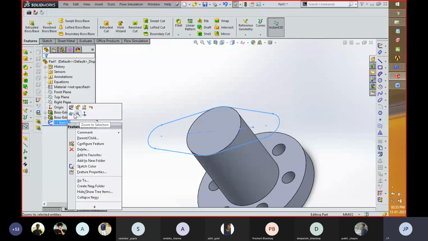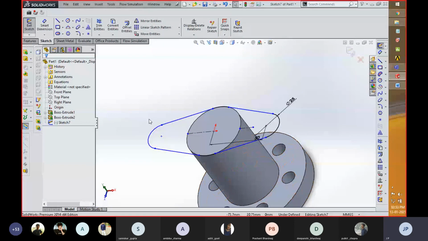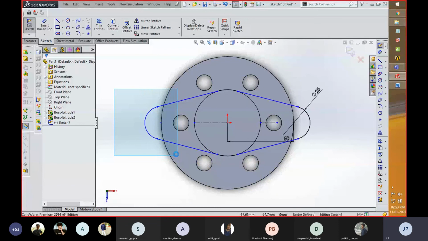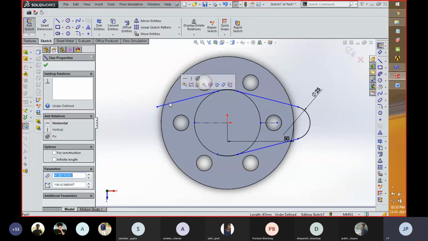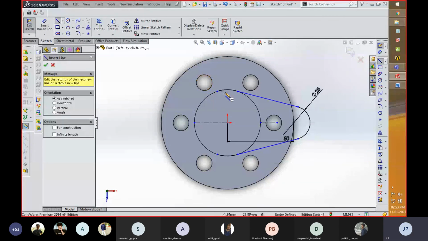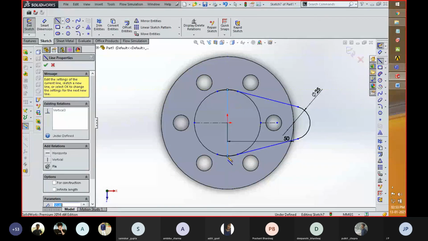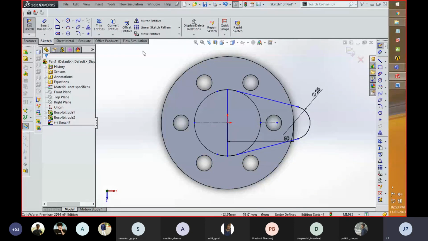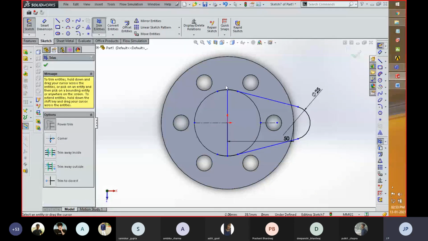Or one more thing we can do, we can edit that sketch, then create only half part, and for the other part, create a line at the center. So there are different methodologies that a user can use for creating a component as per its requirement.